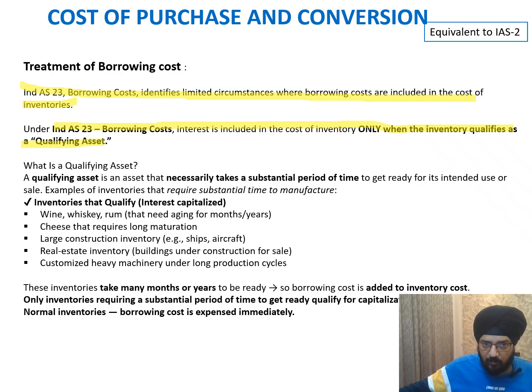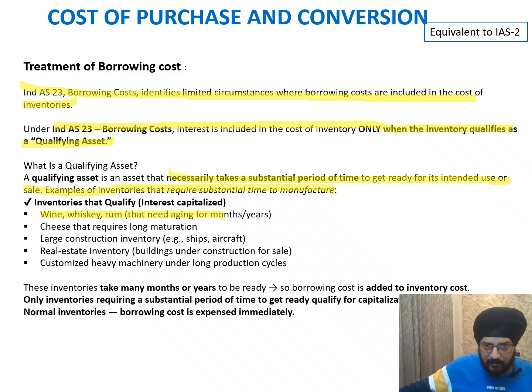If it does not qualify as a qualifying asset, then it will not be included in the cost of the inventory and it will be expensed off. What is a qualifying asset? A qualifying asset is an asset that necessarily takes a substantial period of time to get ready for its intended use or sale. Examples of inventory that requires substantial time for manufacturing and qualifies for interest are